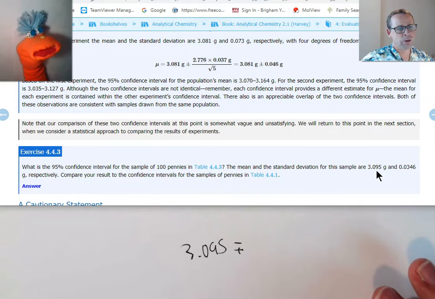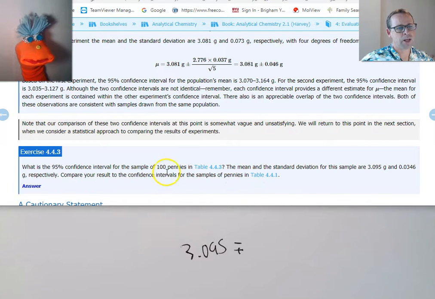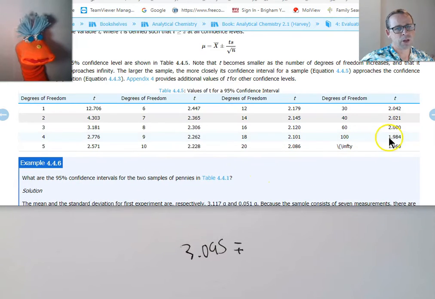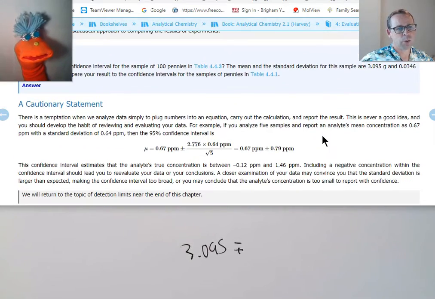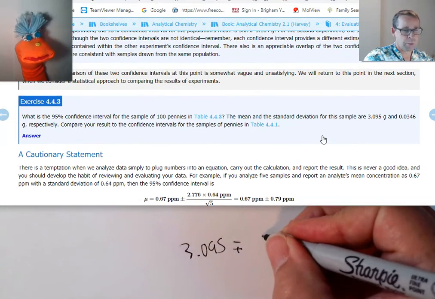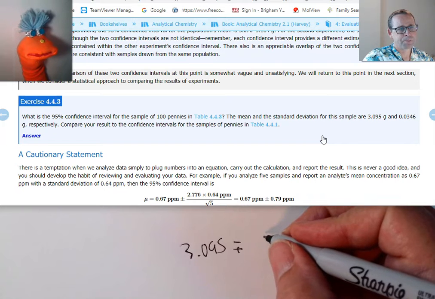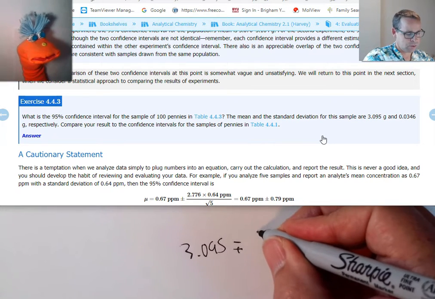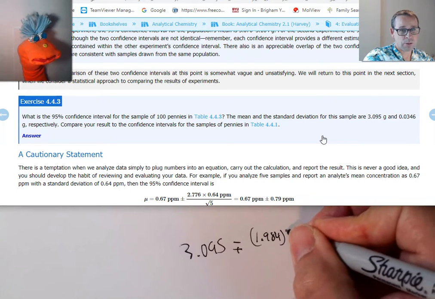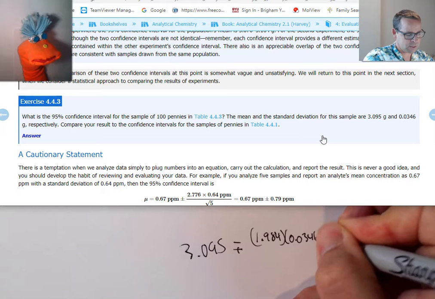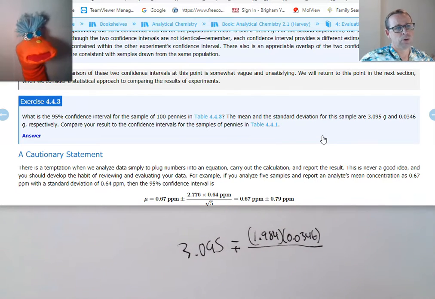You've got to get a t-value for 100. Very good. We had 100 pennies sampled. So t-value for 100, 1.984. Oh, that's pretty low. Yeah, that's pretty low, huh? So 1.984. What do I do with that? Multiply that by our standard deviation, 0.0346. So 1.984 times 0.0346. And then what? Oh yeah, divided by the square root of